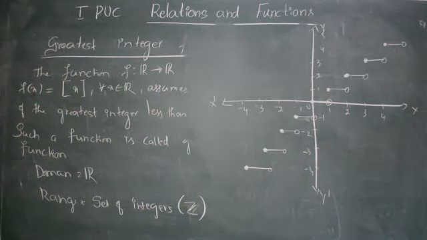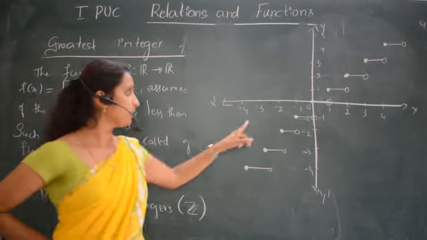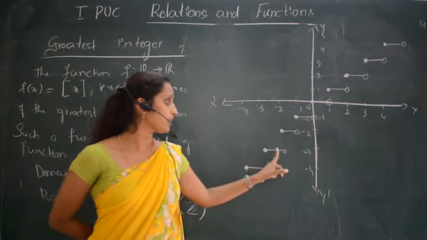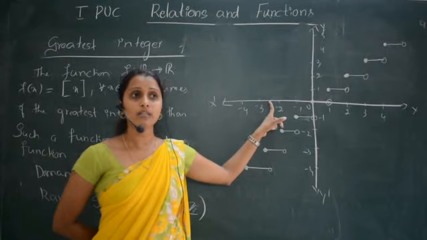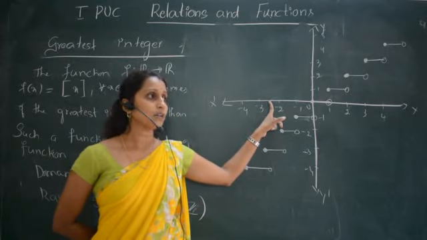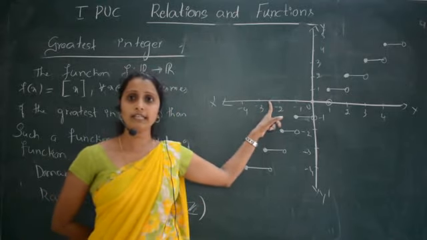So you should always remember what the greatest integer function is. The function which takes the greatest integer less than or equal to x. So when we get an integer, the value is the integer itself. Otherwise, if we get a non-integer value, then we have to go for the integer less than that. So if I consider a point somewhere here, that is minus 2.3, that comes here. Minus 2.3 is not an integer, so I have to go for the integer less than that.